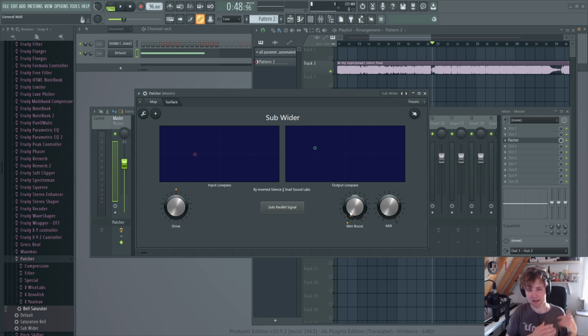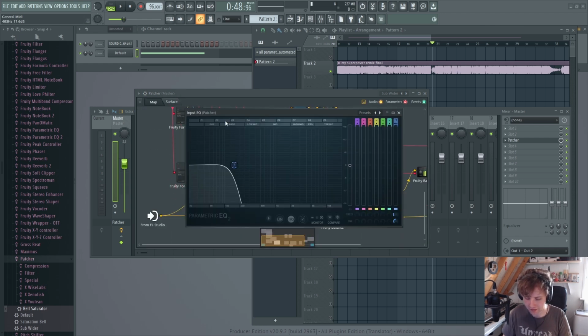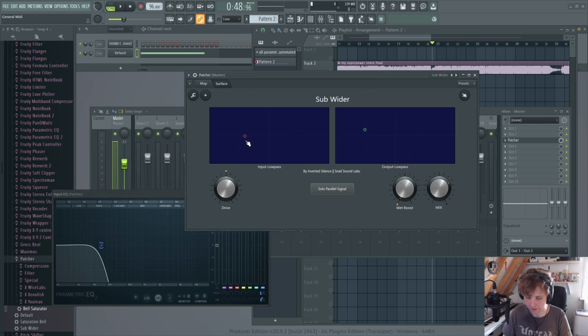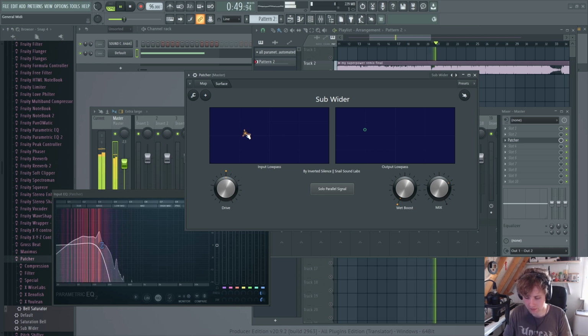Essentially it just takes any input signal, and it takes the low end from that, and then it generates stereo harmonics for it. So this guy has an input low pass filter, which is right at the start, and you can control it with this. So you can say how many harmonics you want to input, because for each of those it will generate more additional ones. So basically you just want only the sub. So I'll do this.